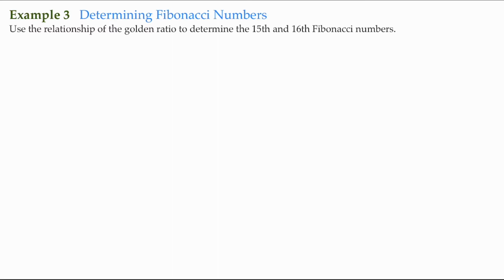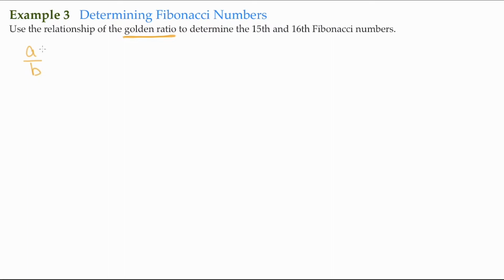So we will continue determining Fibonacci numbers, except this time we're going to be using the golden ratio. It says use the relationship of the golden ratio to determine the 15th and the 16th Fibonacci numbers. Now keep in mind that the golden ratio is a ratio. It's like a fraction. So if we have a ratio, let's just say A over B,